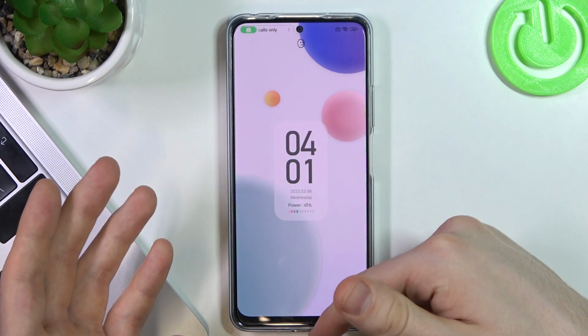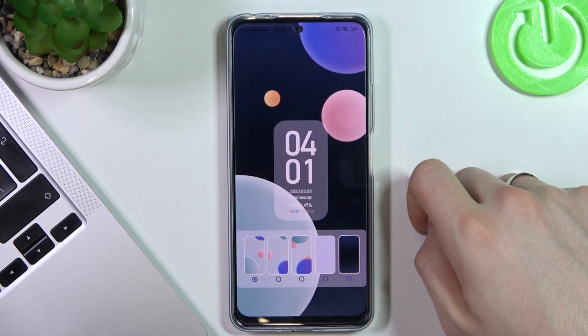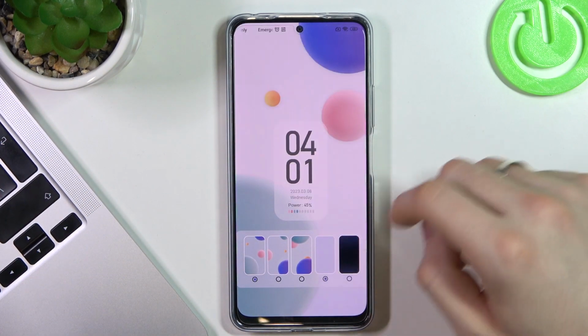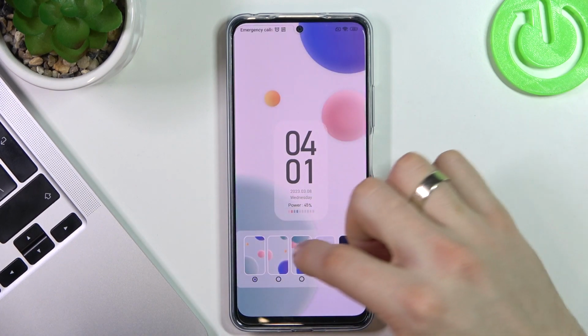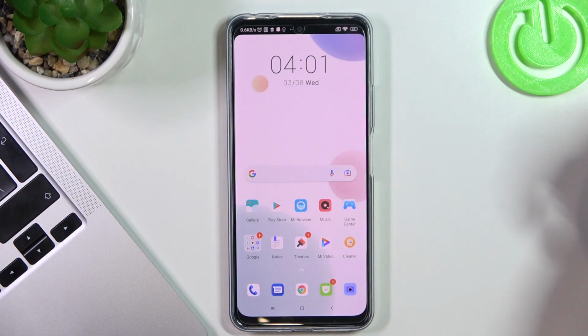Swiping from down to up, you will open the wallpapers mode, so you can choose dark mode, light mode, purple, and you can change wallpapers, and that's it. So this theme was on the second place in my top, but on the first place in my top is